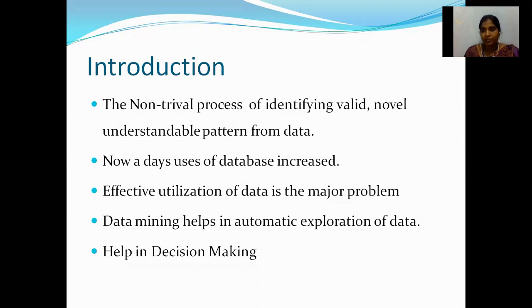has increased rapidly over the past two decades. So handling all the data is a difficult task, and not only handling, the most important problem is the effective utilization of this massive data. Massive volume of data is becoming a major problem for organizations and entrepreneurs everywhere. In order to put an end to this problem, we are using a technique called data mining.